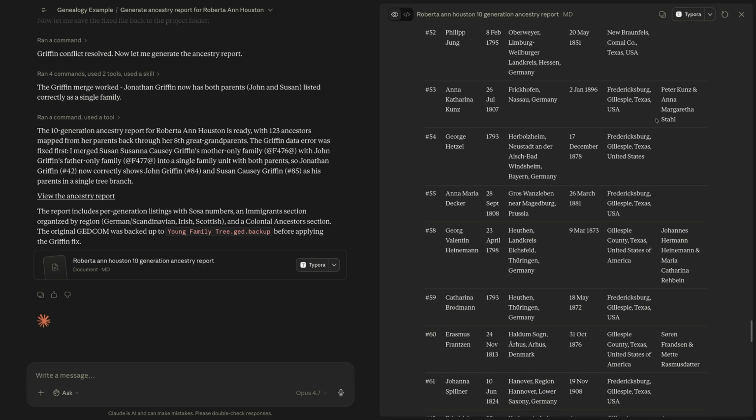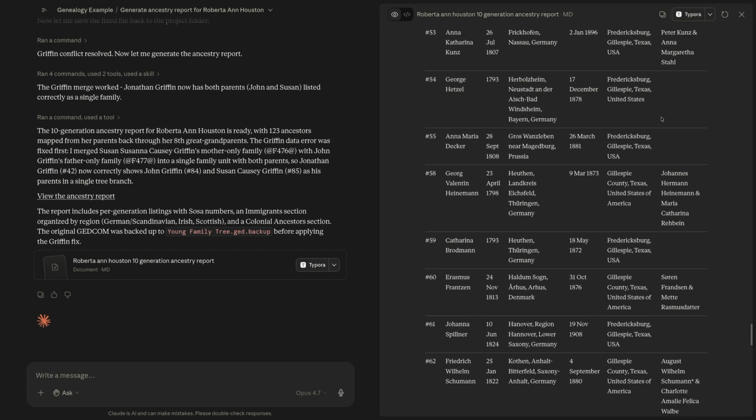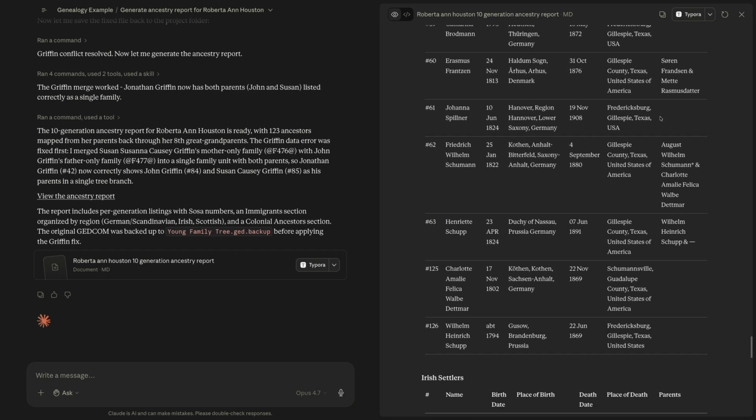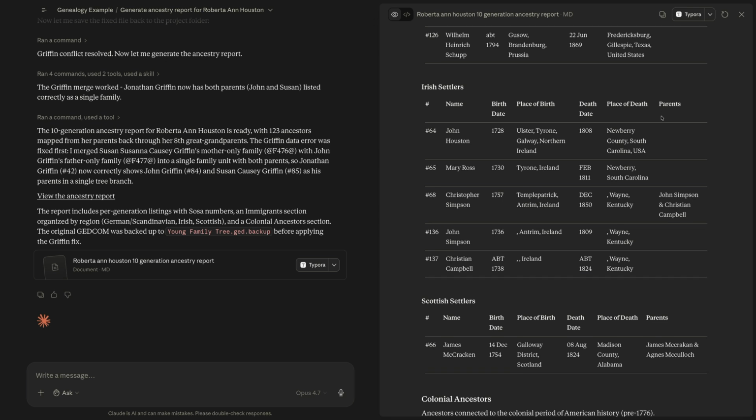This person, Roberta Ann Houston, is my mother. So these are people that I'm related to as well. There's a lot of them, and then I've also got a set of Irish settlers. Now I happen to know, because if you just look at these folks, Ulster, Tyrone, Antrim, these are Scots Irish, and I happen to know that these are families that came from either the Scottish Lowlands or the north of England,